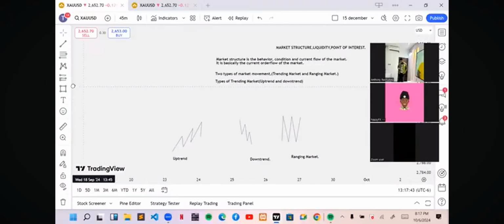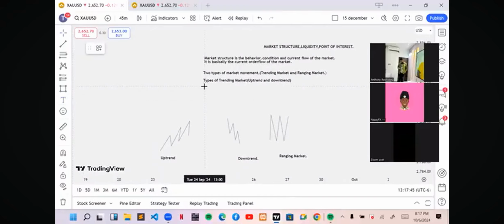Now, market structure shifts. The two things I look out for while picking the structure part of the strategy are market structure shifts and break of structure. A market structure shift is an indication that a current trend is about to end and a new one is about to begin in the opposite direction. So it's an indication that the current trend